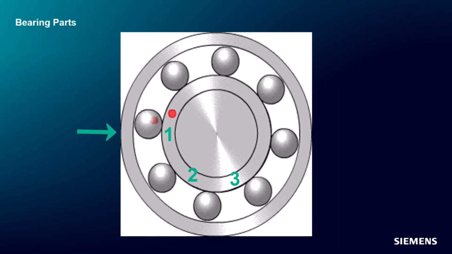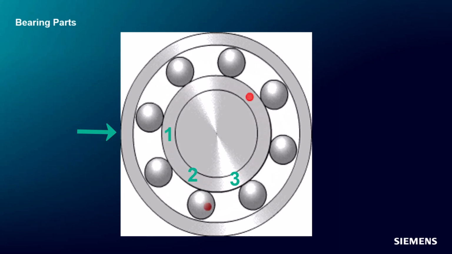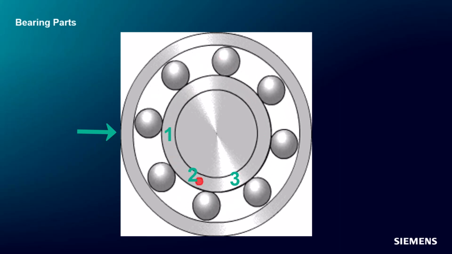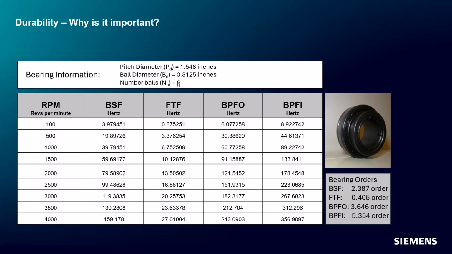No, it does not. And same thing if you were to look at the number of times it touches the inner race, etc. So bearings produce, depending on their geometry, some distinct and different orders. So here's a bearing that we'll use throughout our seminar here. We have a known fault on it. We'll talk about those on the next slide, but you can see that they're actually fractional orders. In this case, it's a 9 ball bearing, and none of these are easily relatable to ninth order. Would you agree with that?